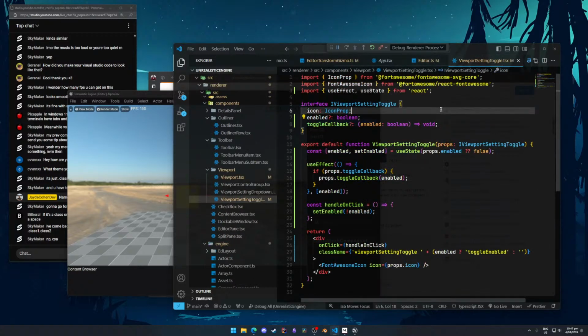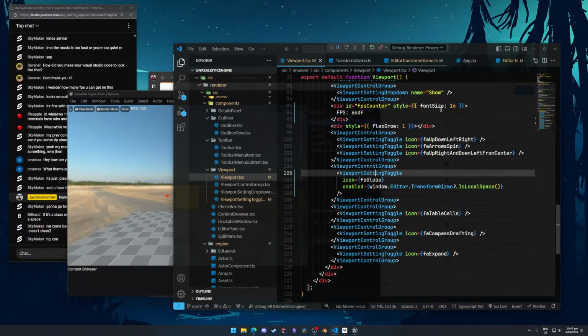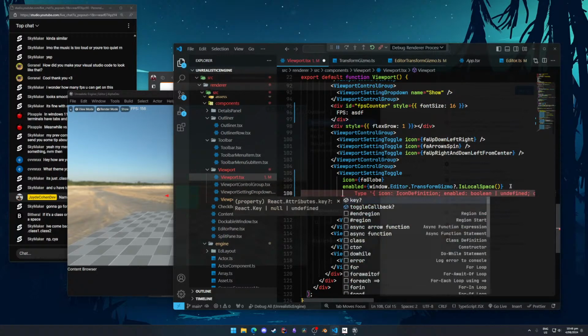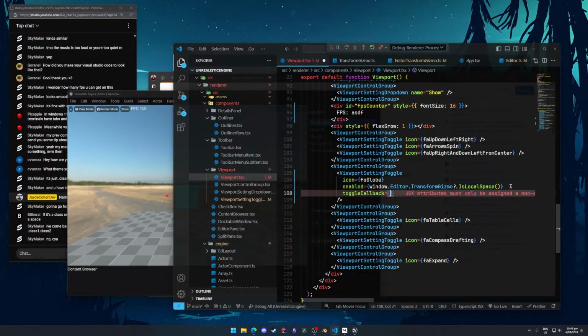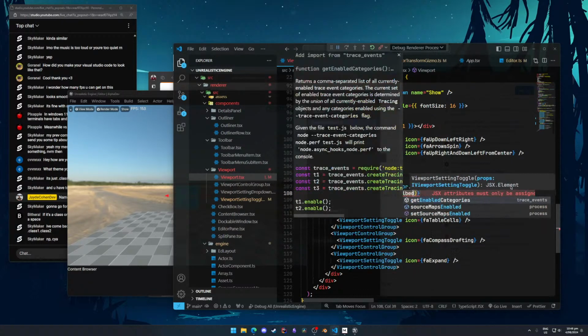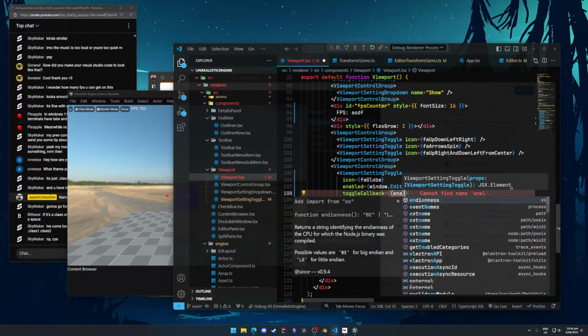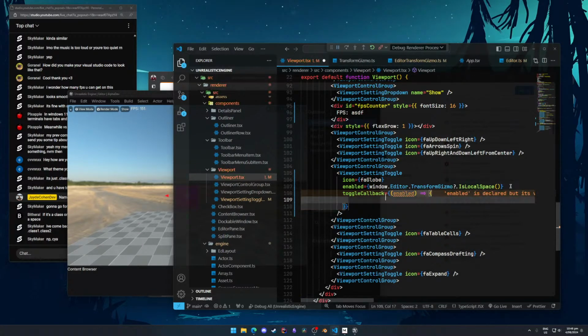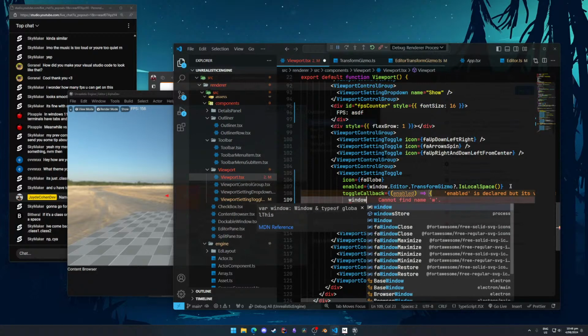But if I go to the viewport, on what do I call it? Toggle callback. Enabled. Goes to a function, and that will just do